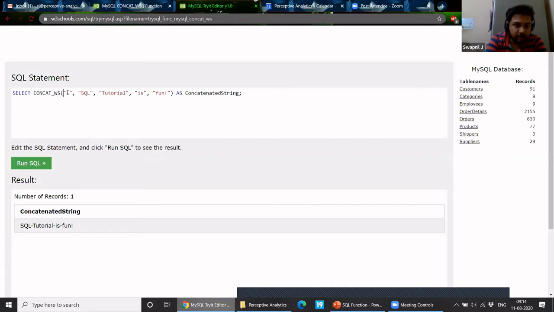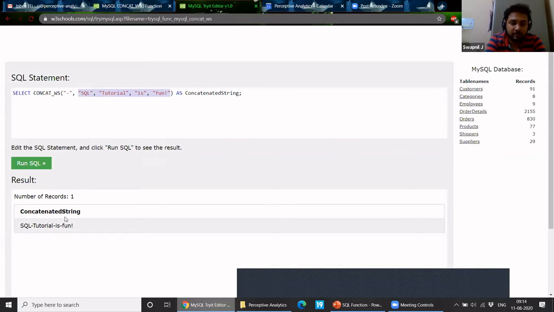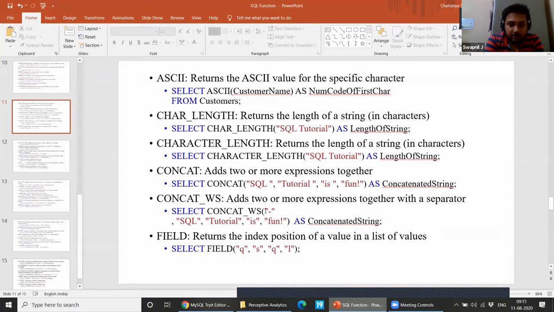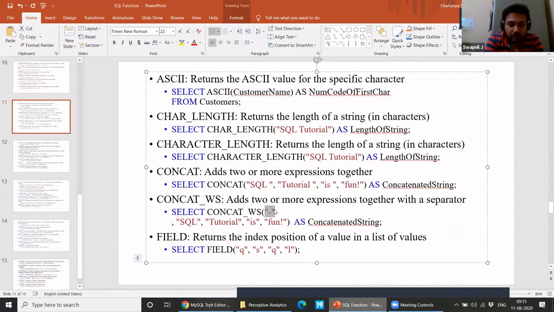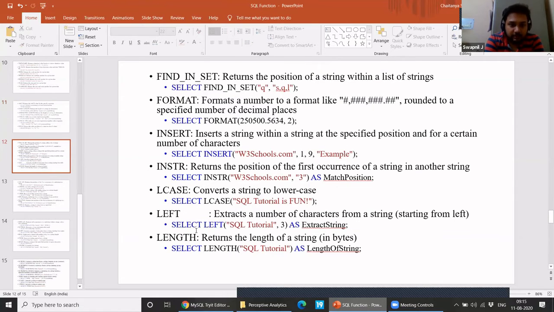This is CONCAT underscore WS. Okay, got it. So first you need to give the separator, then you need to give the strings which you want to concat. For example, if you want to make a date and you have dates in separate columns, you can use this. Okay. Got it. So for CONCAT_WS, you just need to give a separator and it will concat the remaining strings based on the separator.